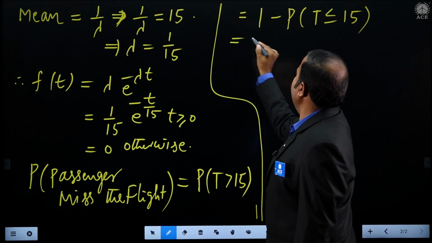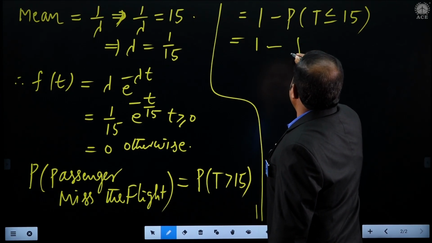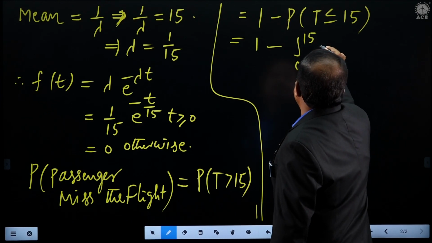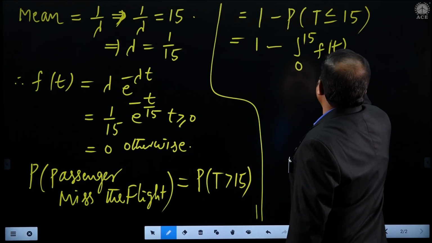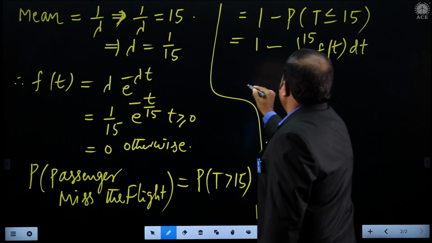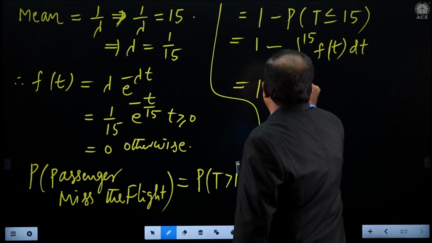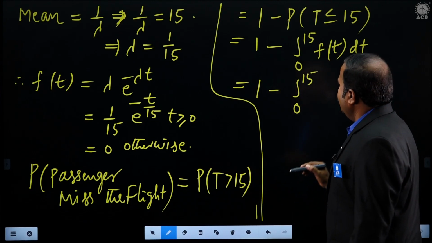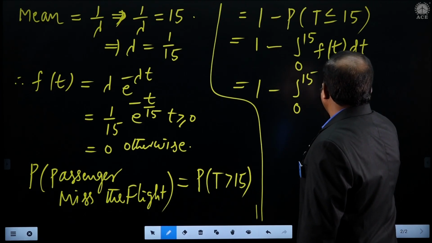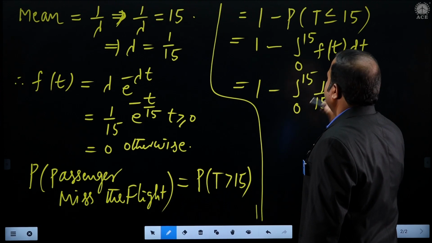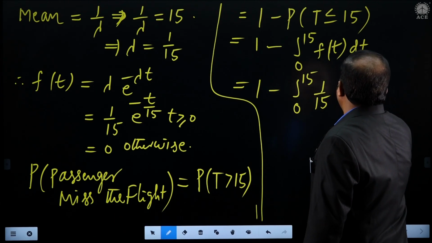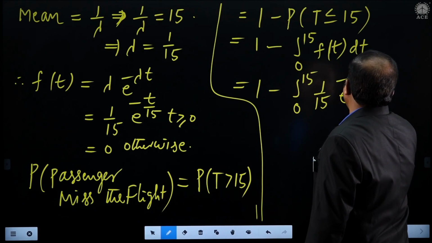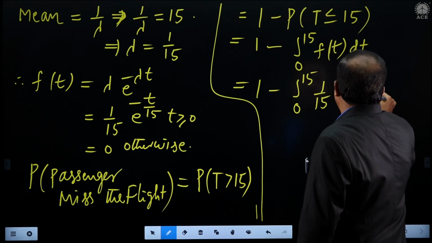So this is equivalent to 1 minus the integral from 0 to 15 of f of t dt. So this is 1 minus the integral from 0 to 15 of 1 by 15 into e raised to minus t by 15 dt only,